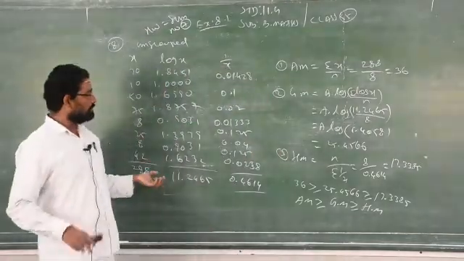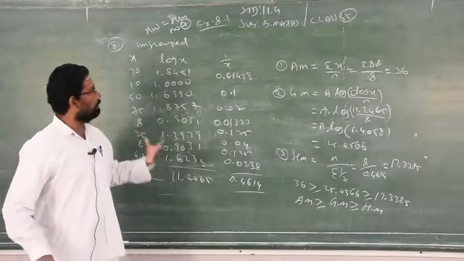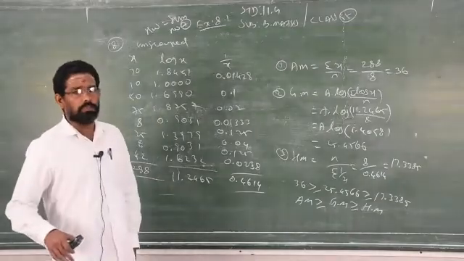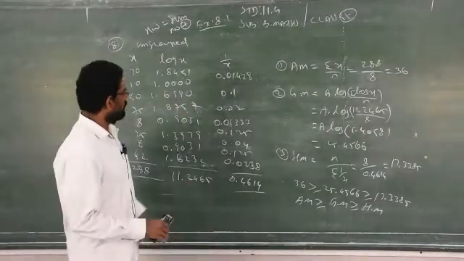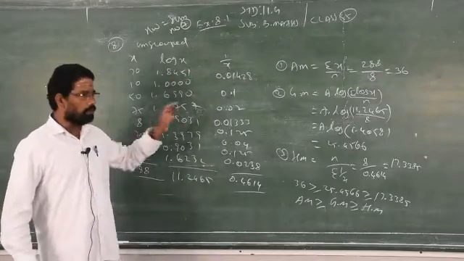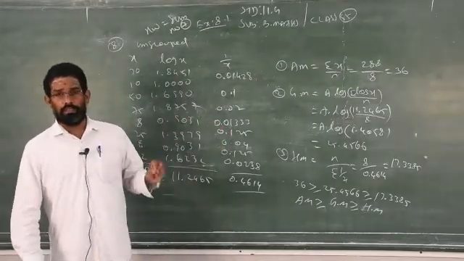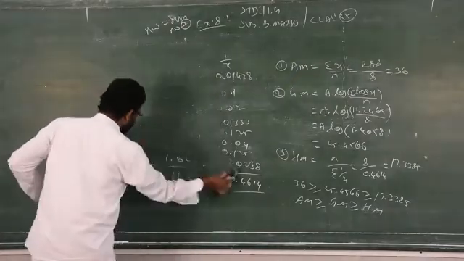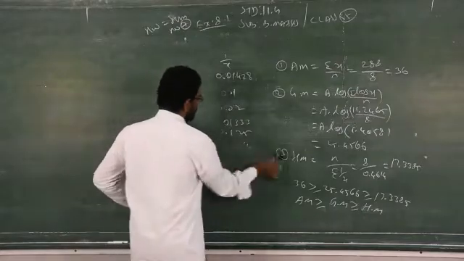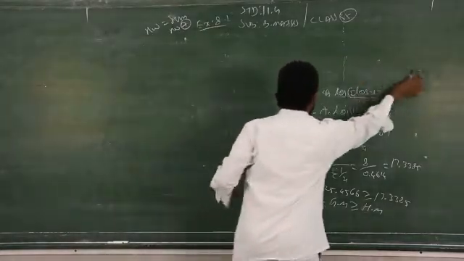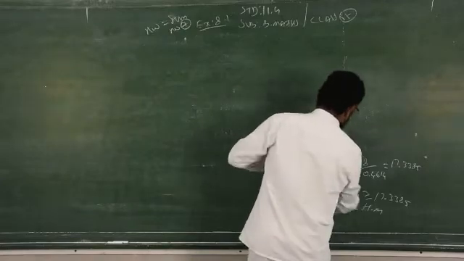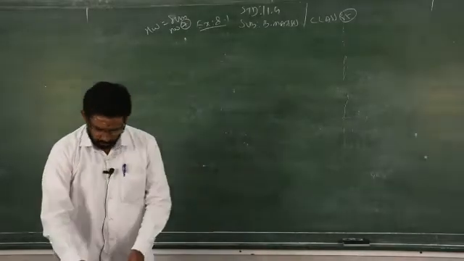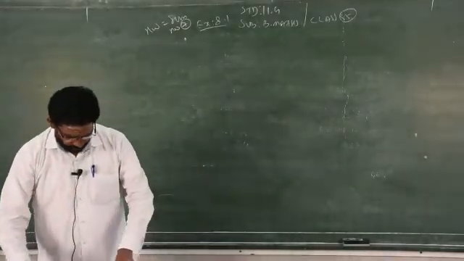Clear? In the classroom, I could ask you to use the calculator and it would be very easy for us to complete. But in the YouTube classes, I am not supposed to use the mobile, though unfortunately I am used to it to find the answer. You have to check whether it is correct or wrong at home using calculators. Now we will go to sum number 9. This chapter, numbers 8, 9, 10, will take more time. If you have time at home, please start working out the remaining problems.